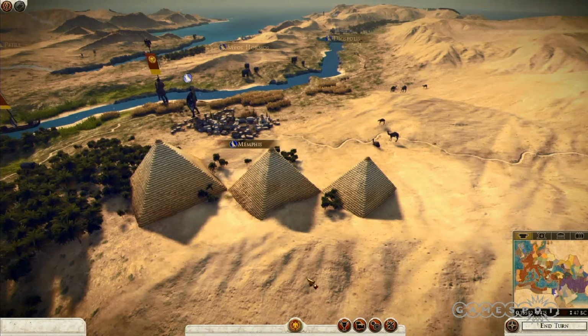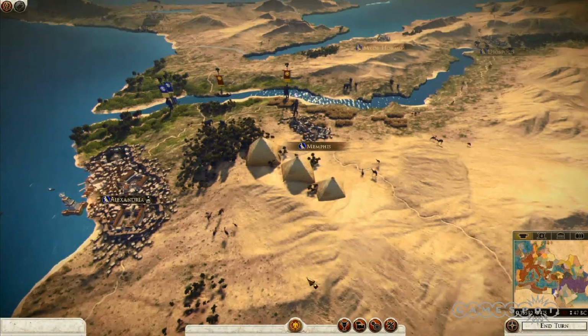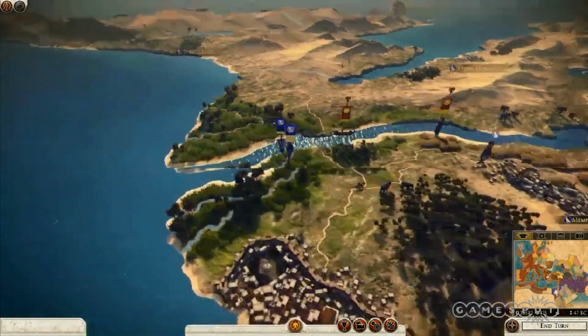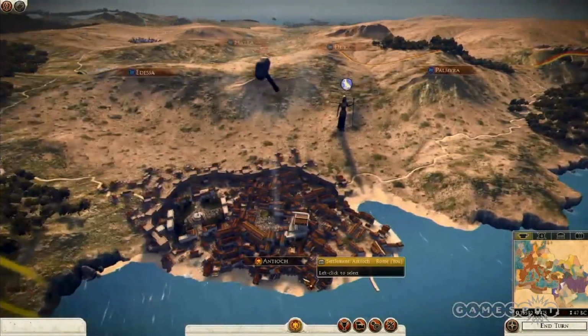Yeah, we're going to get to see some diplomacy coming out. Sorry? We're going to see some diplomacy, or? So, yeah, we haven't got any diplomacy in this demo here, but what we're seeing here is some of the features of the campaign map. We've got the great wonders of the ancient world here, for example, so the pyramids and the lighthouse of Alexandria,